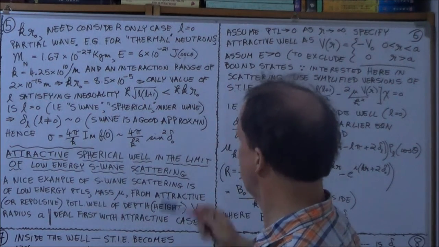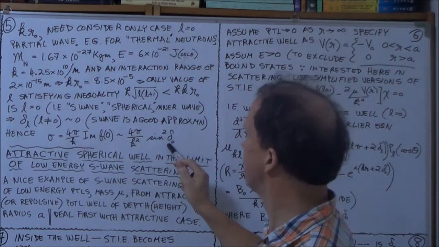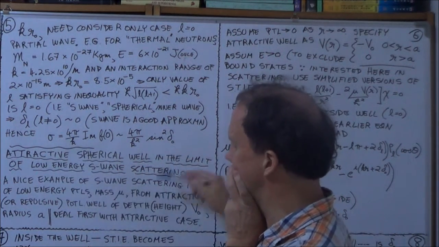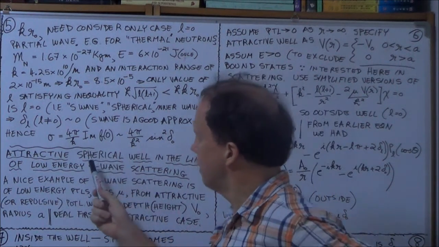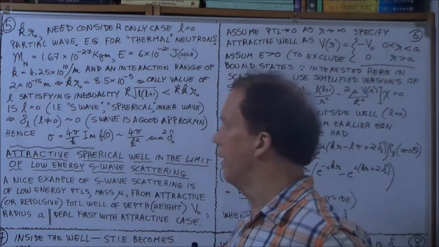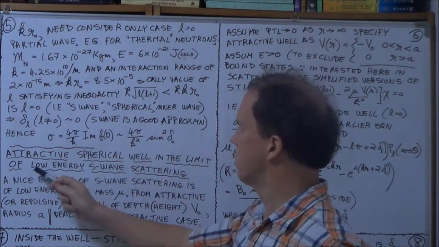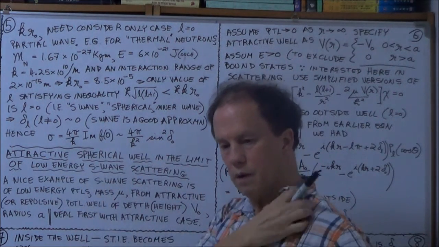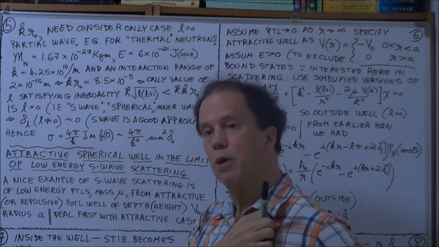Now, we can actually start working with this. We've got something that we can really start working with. So let's do a particular concrete case. Let's say now we have a spherical potential well, and so we're talking low energy. The incoming particle has low energy and therefore low momentum and therefore large de Broglie wavelength,